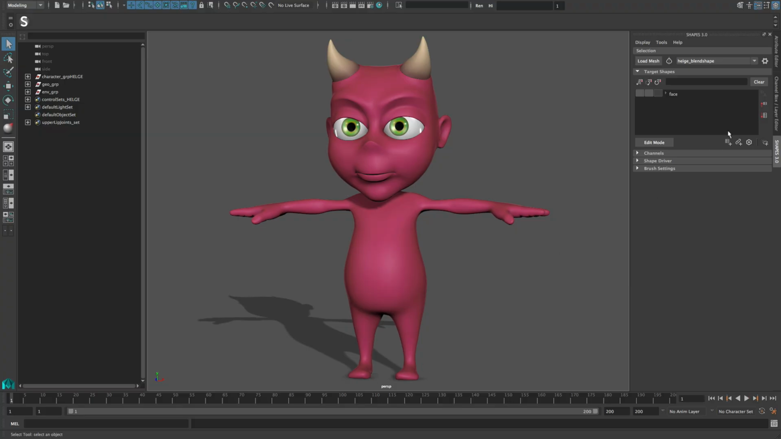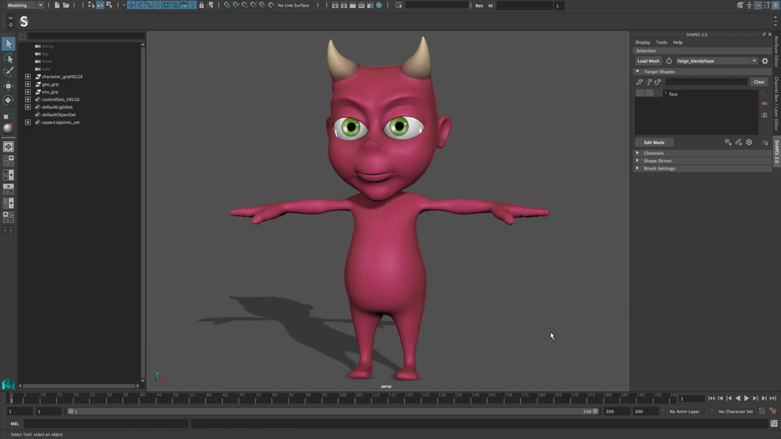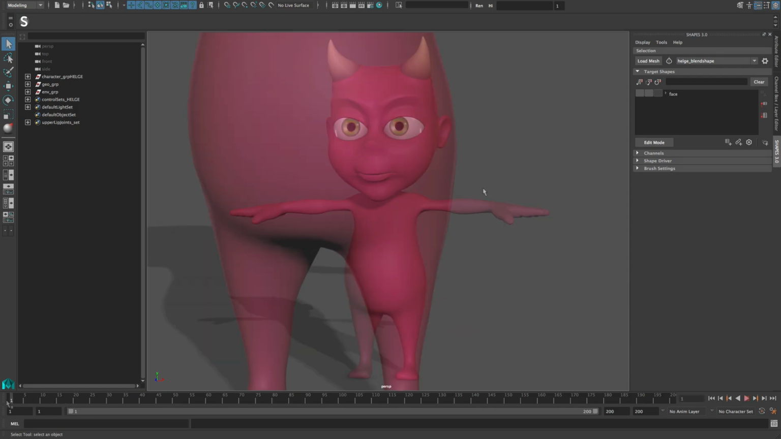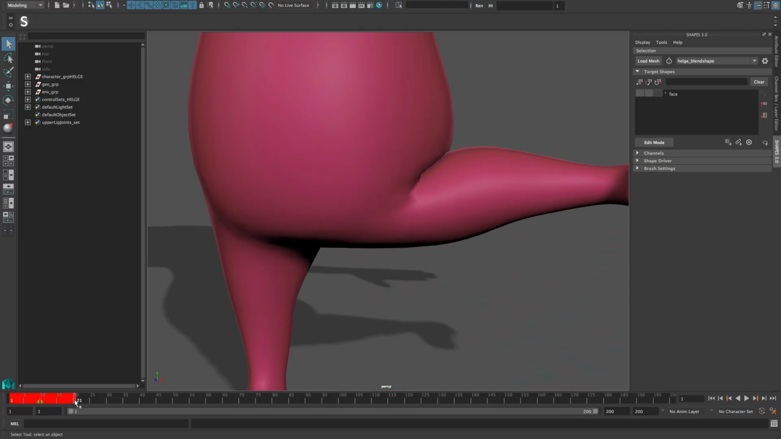To activate Sculpt Compare, go to the Preferences and from the Sculpt tab, turn on Enable Sculpt Compare. In my scene, I have my character set up with a simple animation to better see how the character shape I want to add affects the mesh. I select the time range in the time slider which I want to use for the new shape and enter